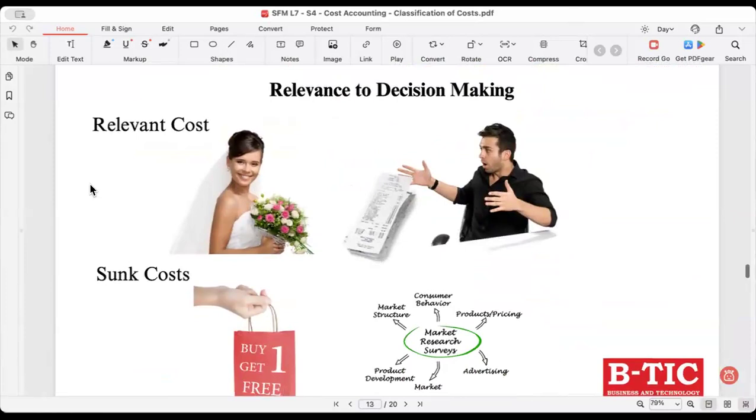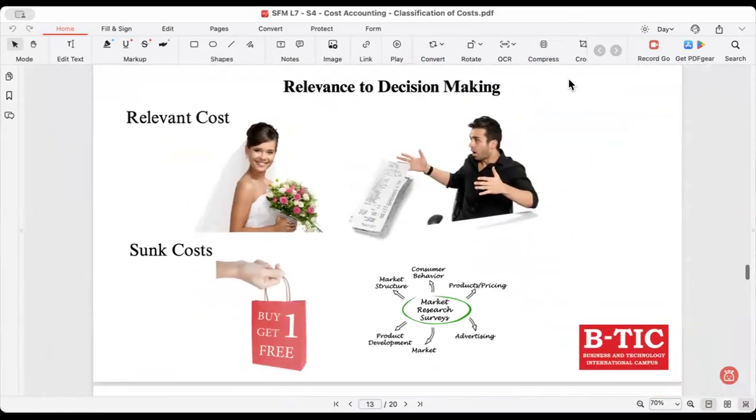Next, we have relevant cost. What do you mean by relevant cost? Relevant cost means a cost that is only related to a specific management decision, meaning the cost is incurred because of the decision you made. This is relevant cost, right? An example for relevant cost,